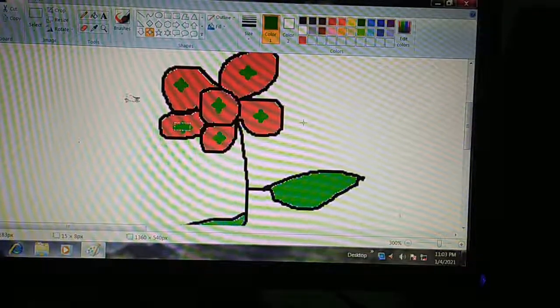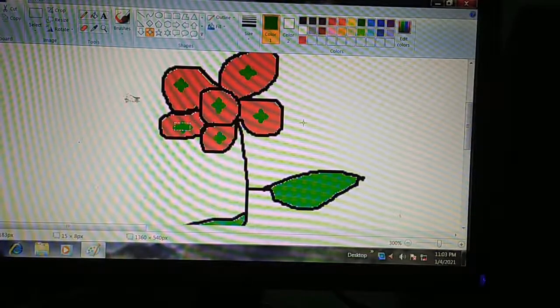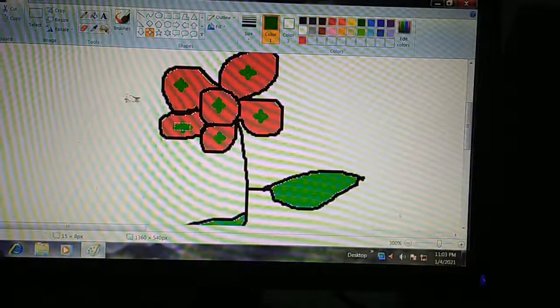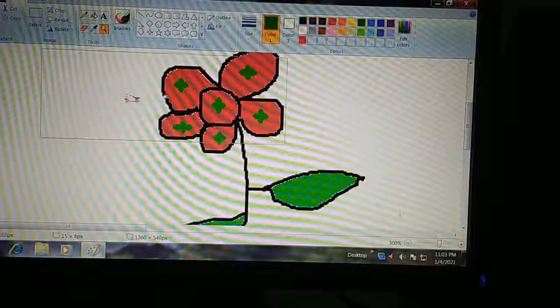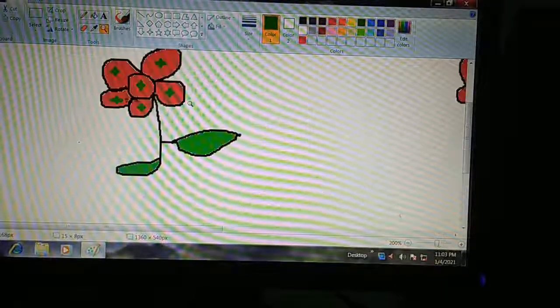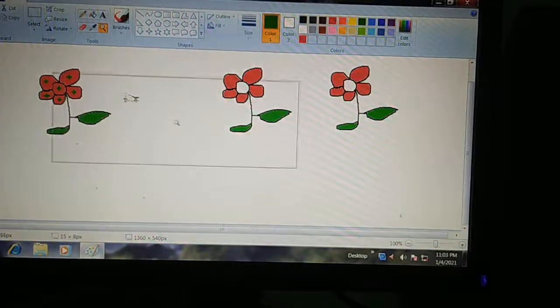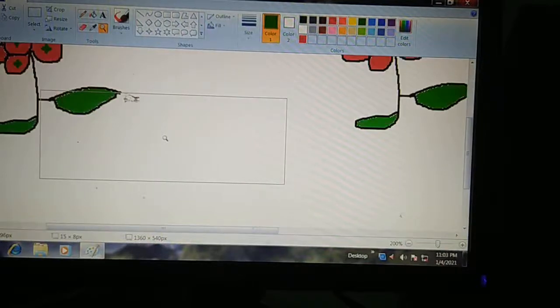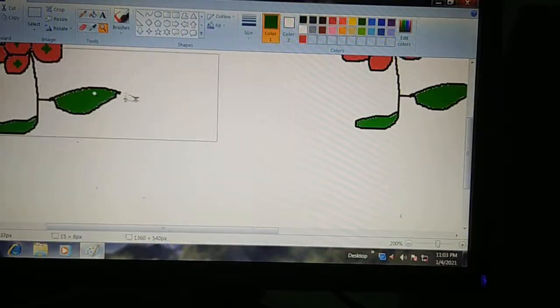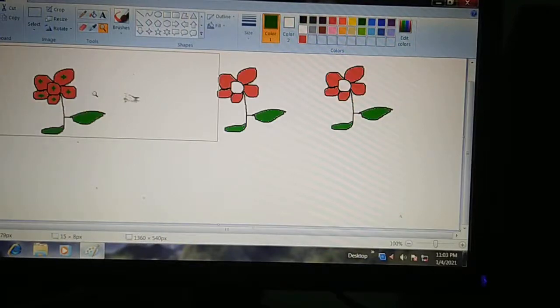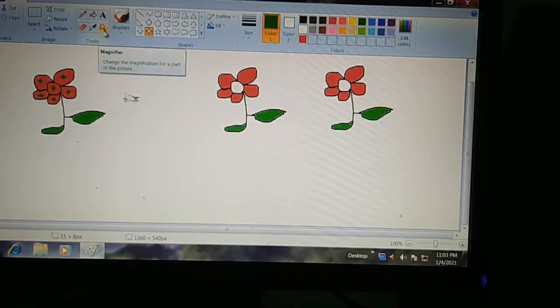Once drawing is finished, you have to go back to the normal size of the image. For this, you click on the magnifier tool and do a right click. Which click? Right click over the image. Now you can see, left click will magnify it, and right click will make it its normal size. If you want to do fine painting in a drawing, you can use the magnifier tool for this.